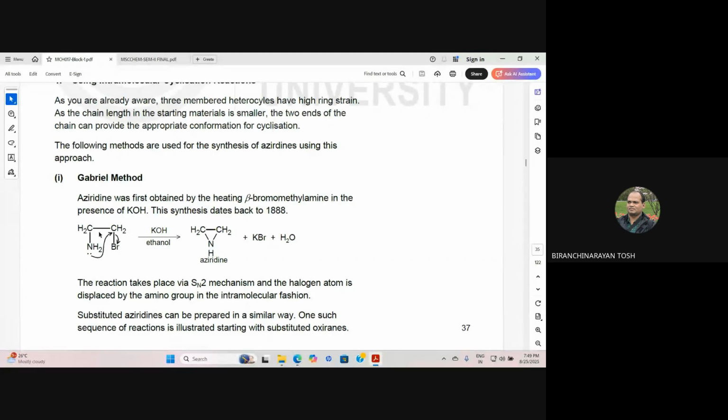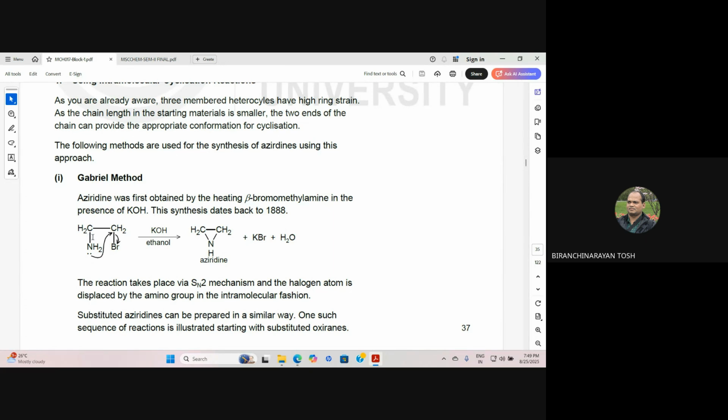If it is bromoethane, you will get ethylene. But as the amino group is here, by the Gabriel method, like the Gabriel phthalimide reaction we know, but it is not that, it is just another method. So bromine will be removed, reacting with ethanolic KOH forming